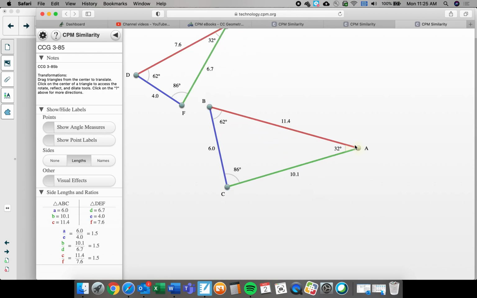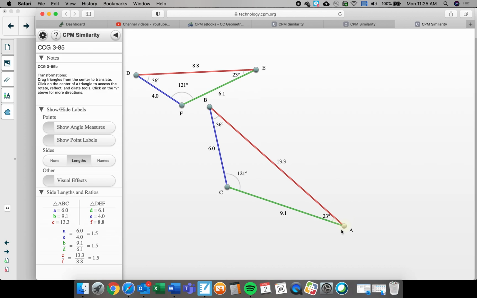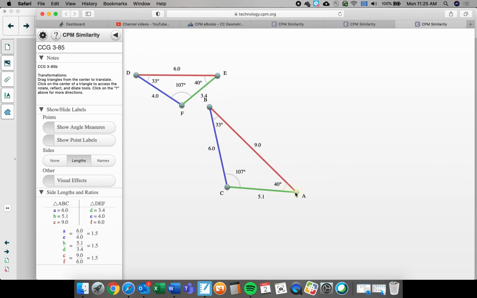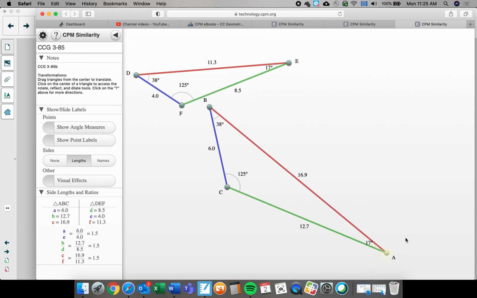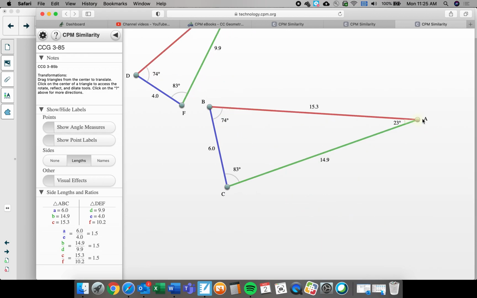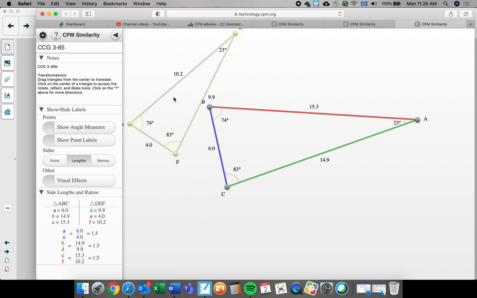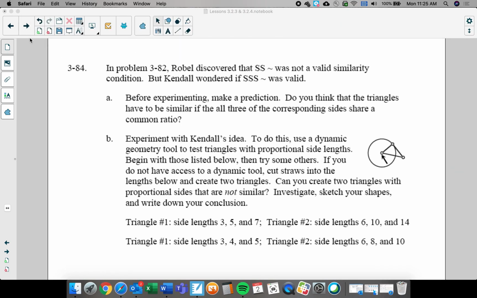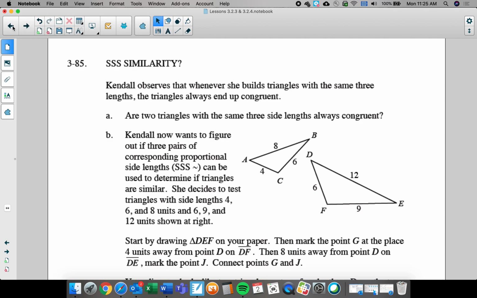So if we take a look, notice we've got 1.5 as our ratio. It stays 1.5. And again, if you notice the angles, 33, 40, 107. I go to some other part, 74, 83, and 23. Well, if you take a look, there it is. Okay. So the conclusion I'm hoping you're coming to is that side, side, side is a valid,